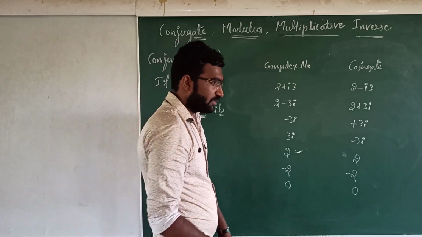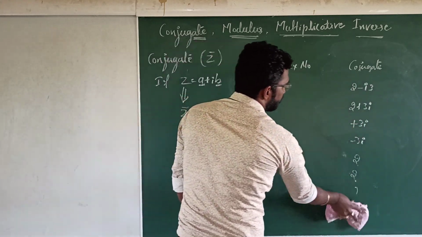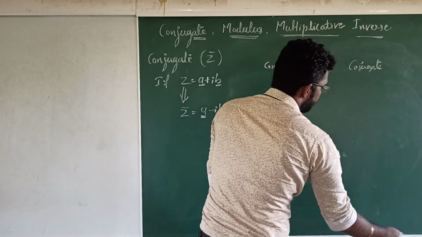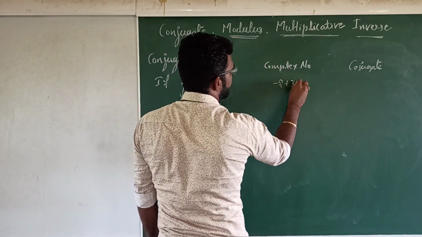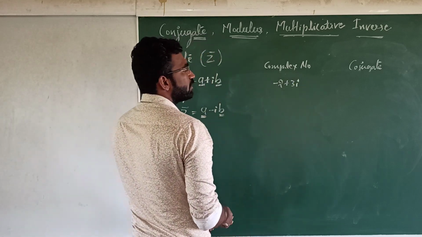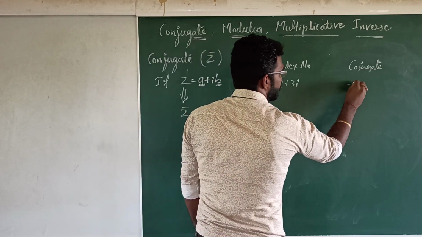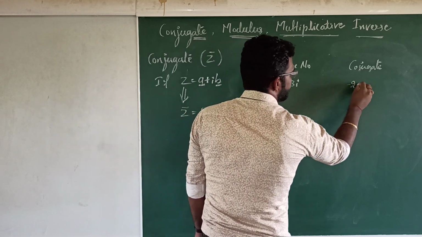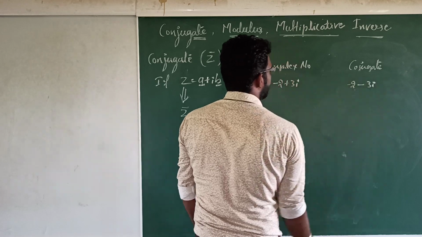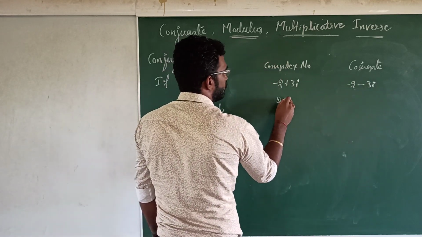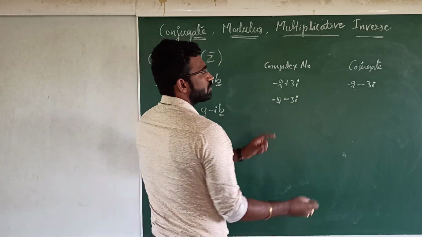You should not change the real part sign, therefore as it is minus 2, as it is 0, as it is, right? So to verify this, I'll write finally 2 more examples. If you answer it better, otherwise you will get the answer immediately, right? So minus 2 plus 3i is there. What is the conjugate of this? Simple, you should keep the real part as it is. So minus 2, and change the imaginary part. Plus will become minus. Therefore what is the answer? Minus 3i, right?